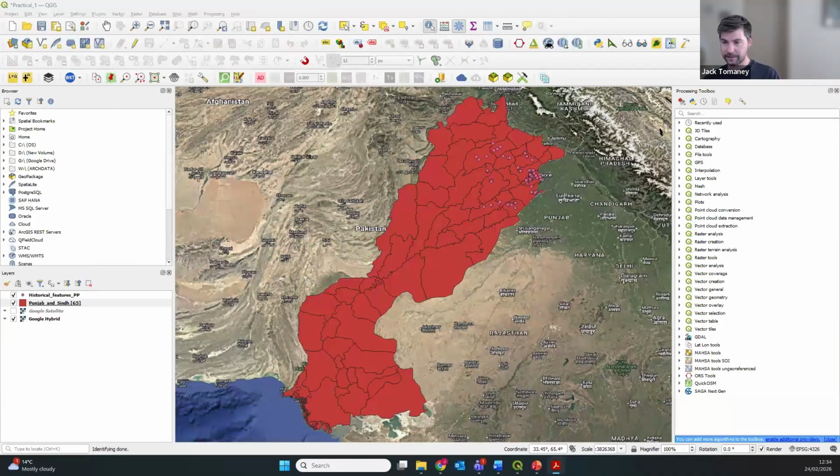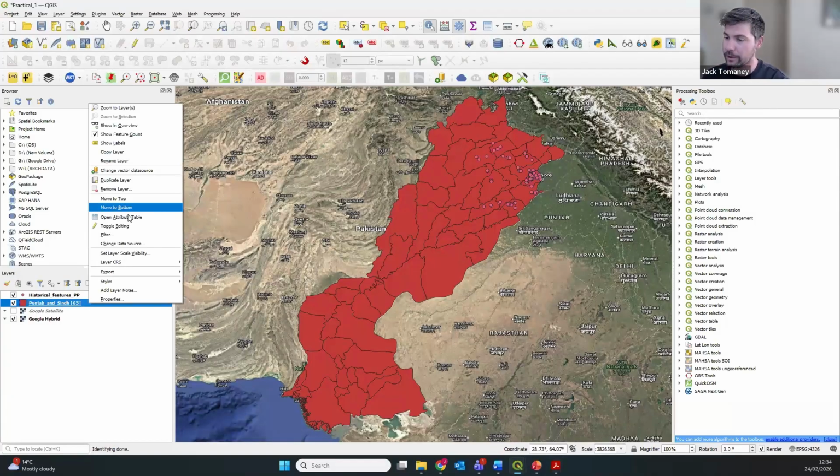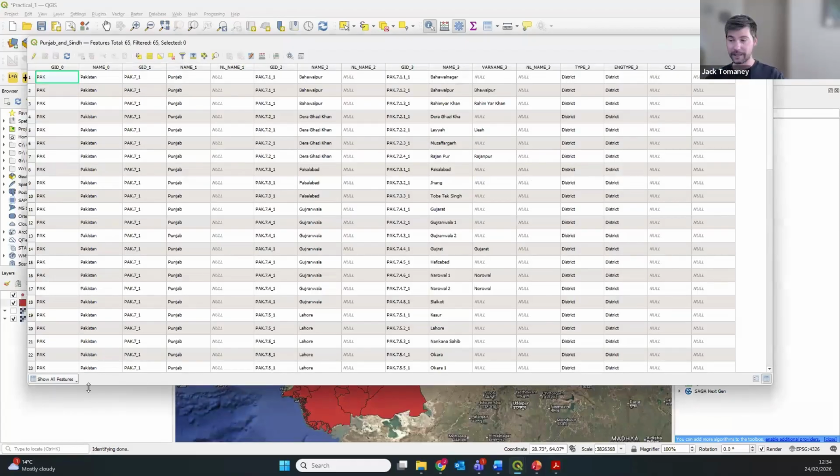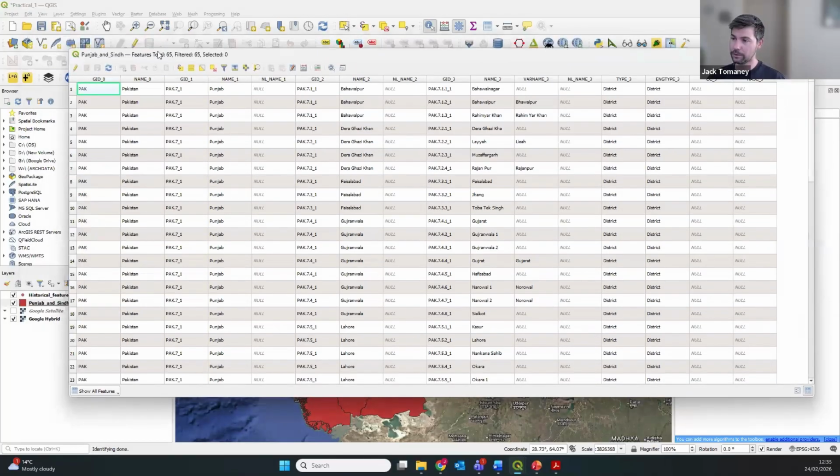When we have this attribute data, we might want to see it all together. So not just for every individual section of the shapefile, but all together. And to do that, we right-click on the layer and we open the attribute table. And what this does is it opens a table just a bit like Excel that has information about all of the features. So you can see all of the 65 features are here,